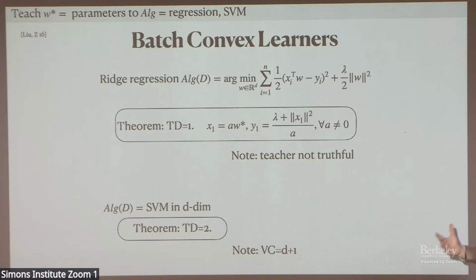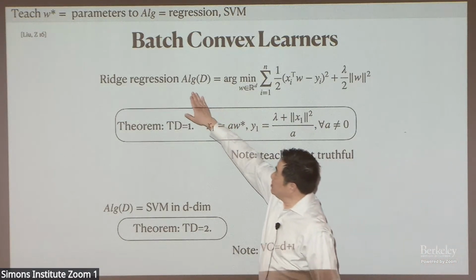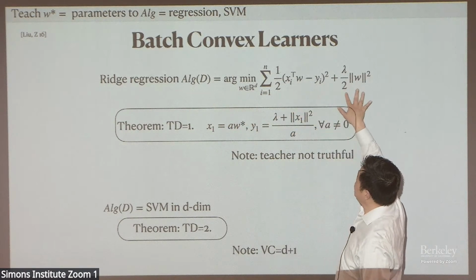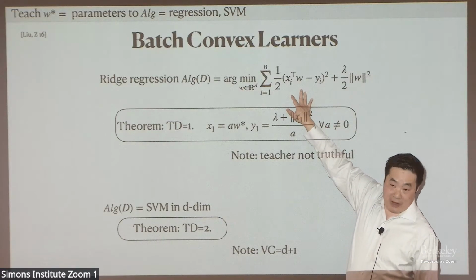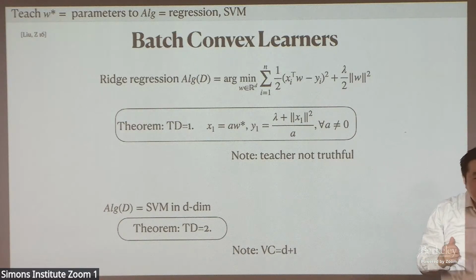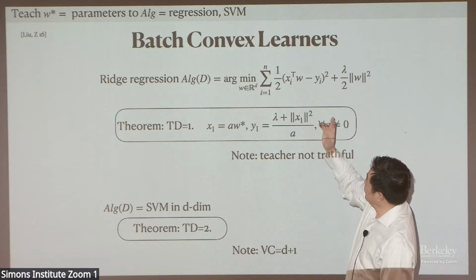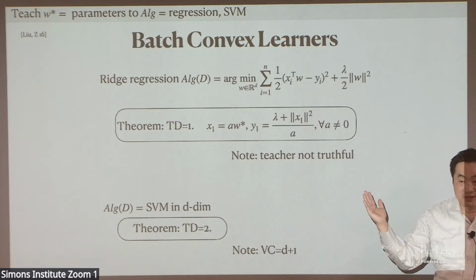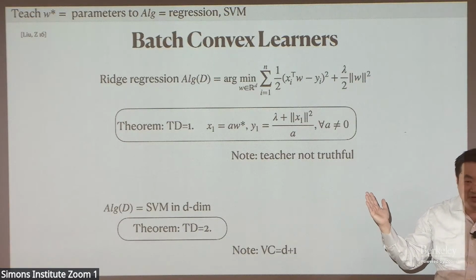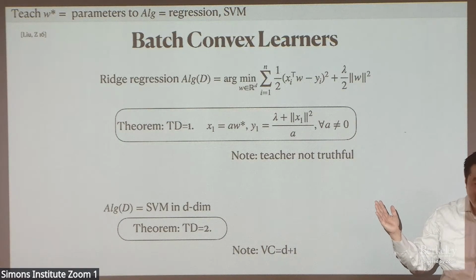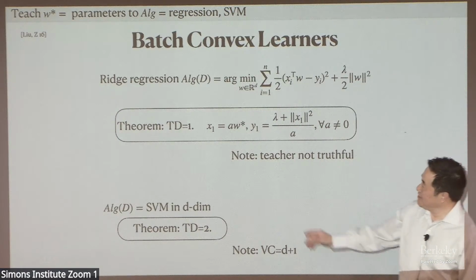What we're going to assume is this is the student. The learner's algorithm is essentially penalized least squares for regression. Just think of everything as 1D if you like. If that's the algorithm, and the teacher wants to teach a w star, a target vector, which in 1D would just be a slope, the question is how many training items would be needed for the teacher to do so? And the answer is 1. The teacher could do this.